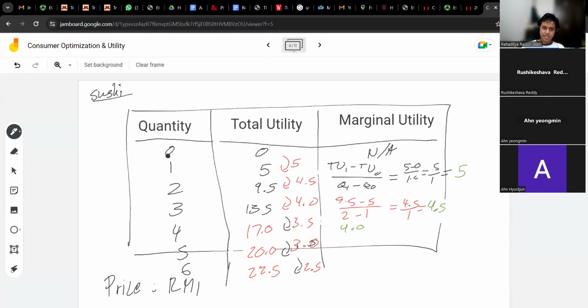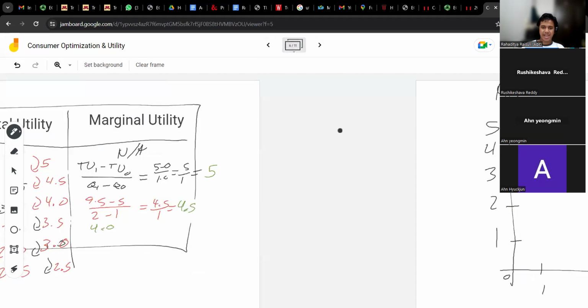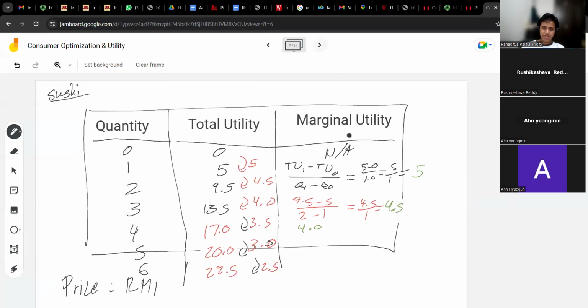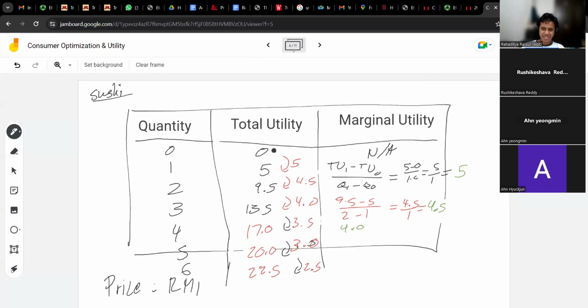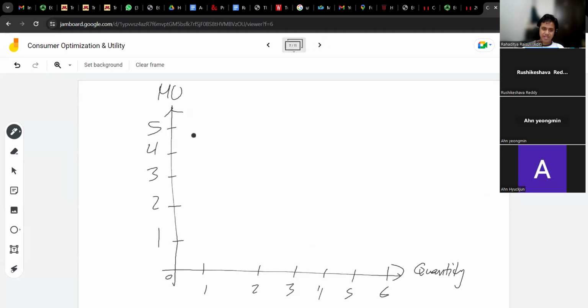So quantity is 0, marginal utility is not available because we didn't add anything yet. So here we put NA. Don't put 0 marginal utility, don't put infinity marginal utility either. Just put NA, so there's no plot for that. Then for quantity of 1, your marginal utility would be 5, so we can plot that right away. Then at 2 we had 4.5. Then at 3 we had